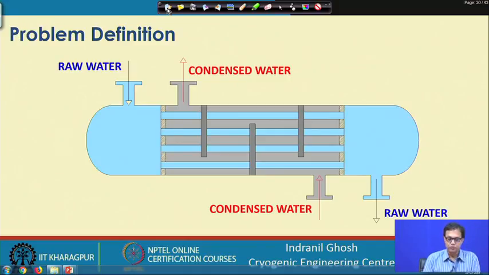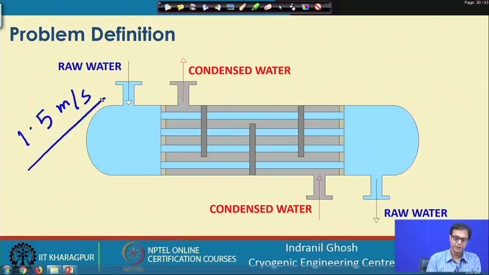It has been said that it should be a shell and tube, and it should be a single shell and single tube pass, not necessarily, but preferred is single tube pass, and coolant velocity is maximum 1.5 meter per second, that is the maximum allowable velocity. There is some kind of foul resistance, that means there is a possibility that over time it will accumulate some kind of scale, and that foul resistance will be